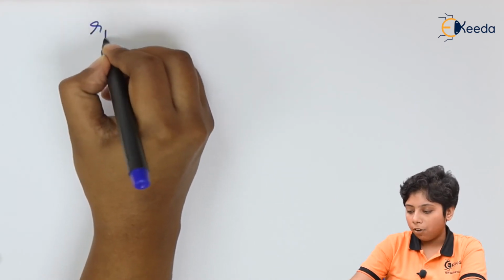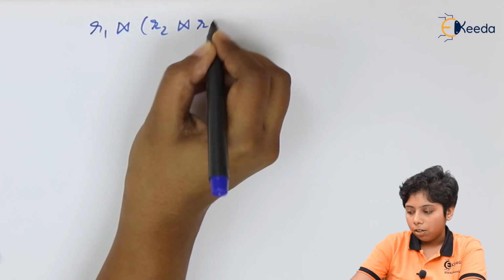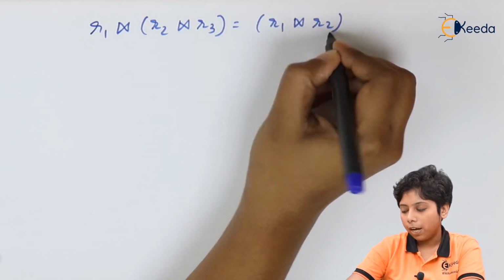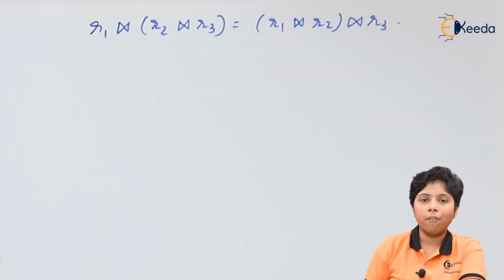So we know for any natural join, the ordering doesn't matter. So R1 joined with R2 and R3 will be equal to R1 joined with R2 and then finally joined with R3. So now our expression that we have taken,